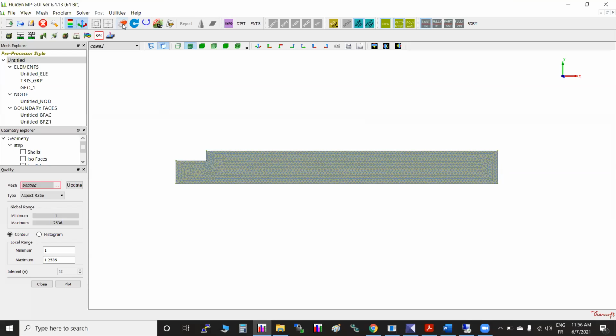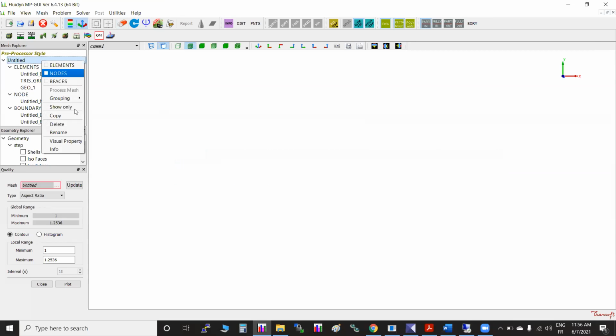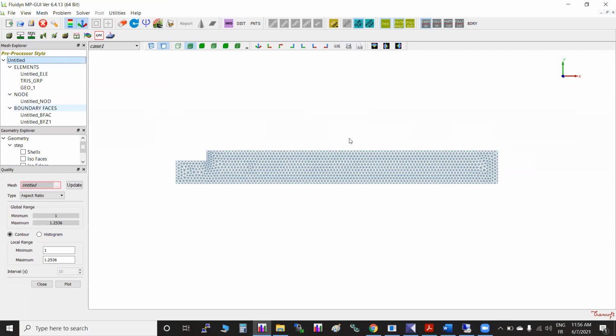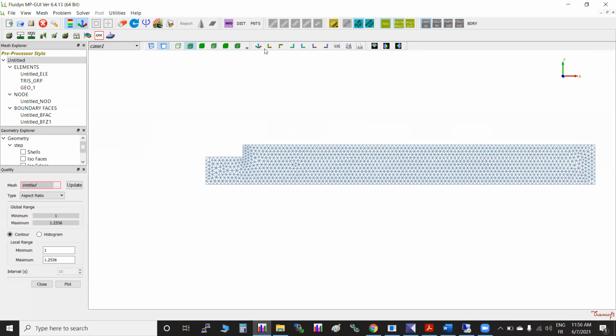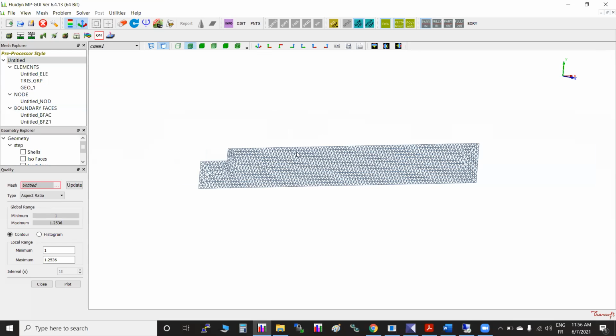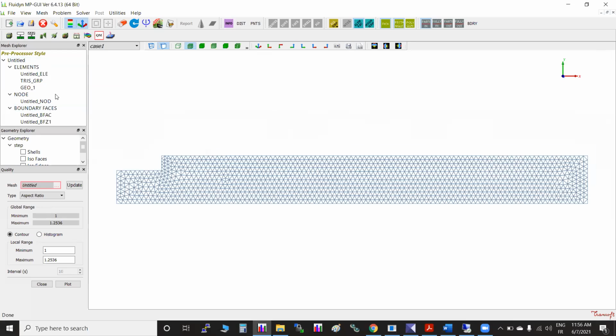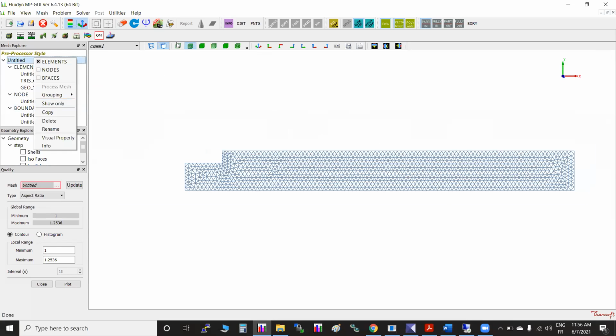Okay, now I will just perform a few operations on this and we'll try to show you some interesting features. Those who do CFD may understand, they may have used it, but most of the time, if we find this kind of operation, it can save some time. Okay, so I just plotted it, show only.